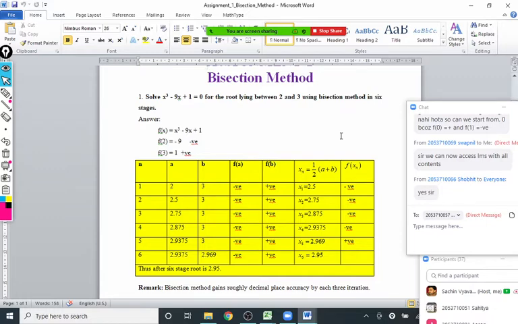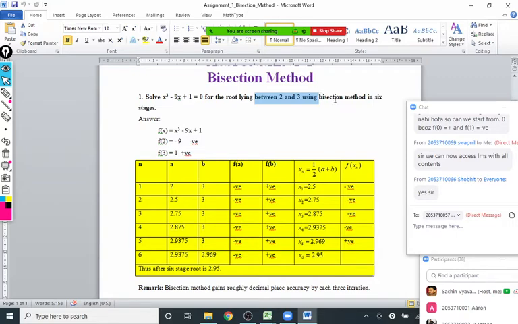So we could find the root in the 0 to 1 interval also? You can't, because it is straightforwardly given where we have to find it. Okay, yes, sir. So you should read the question completely first. First read the complete question and then you start. Don't try it blindly.